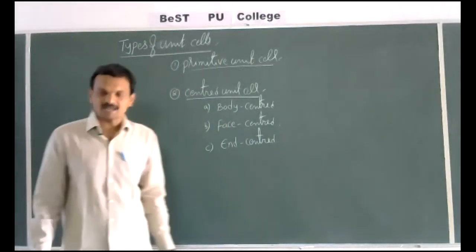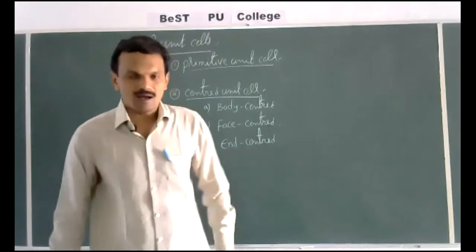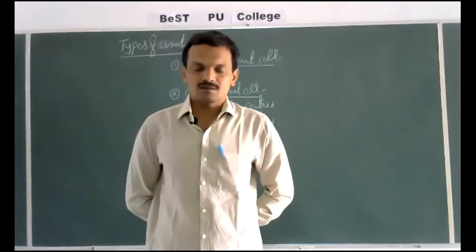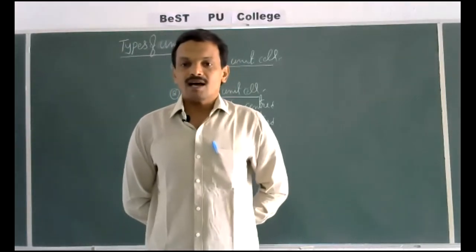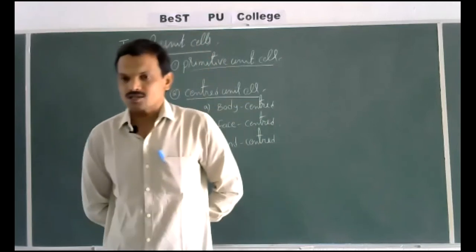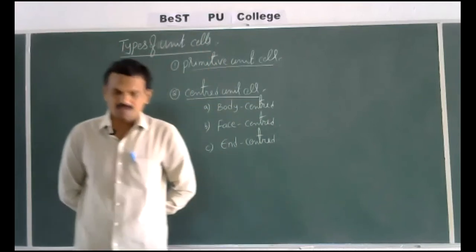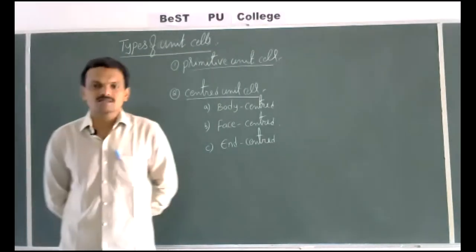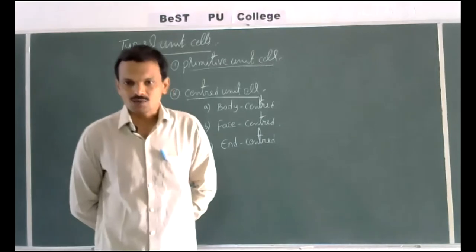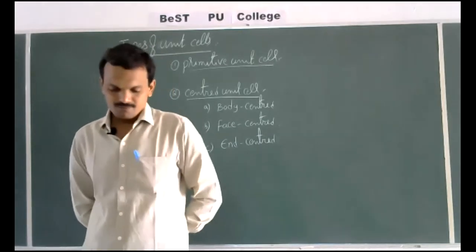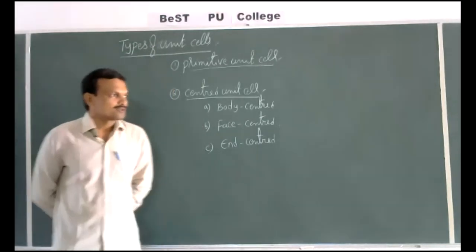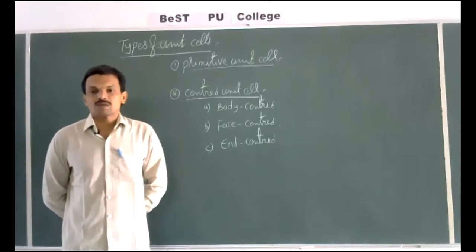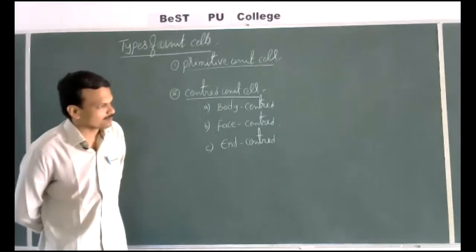And space lattice or crystal lattice or Bravais lattice, this is also discussed. The arrangement of the constituent particles in the crystal is known as a space lattice or a crystal lattice. In that space lattice, the smallest repeating unit is known as unit cell. Now, different types of space lattices are possible for the same type of unit cell.